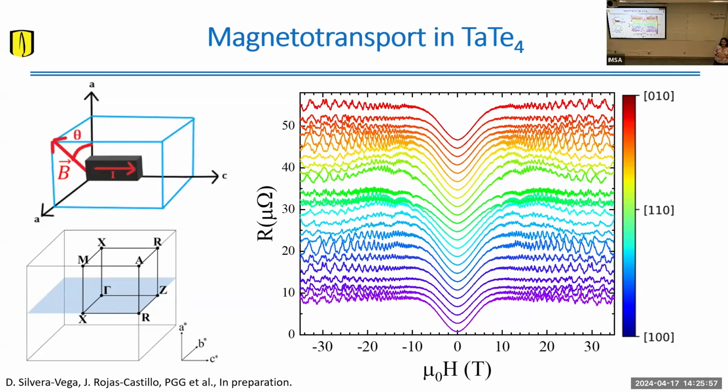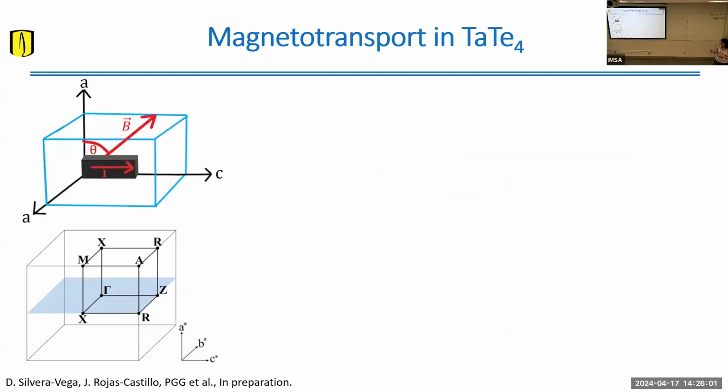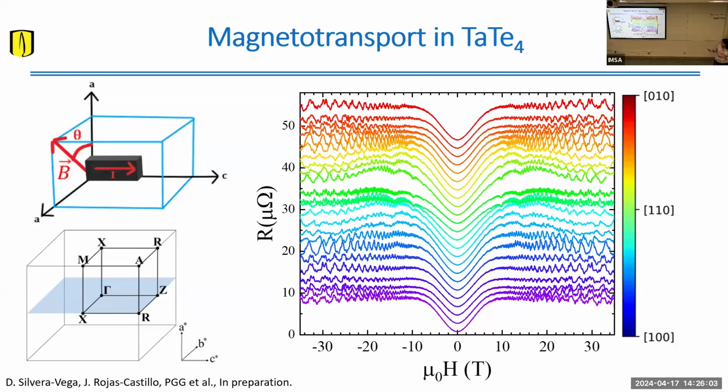So this is assembling a puzzle, completely assembling a puzzle, which I try to do my best. So in order to have all the pieces for this puzzle, you need to rotate. If you only rotate a magnetic field across one plane, you will have limited information. You will need another plane, or another set of planes, in order to reconstruct all the different cross-sectional areas and map out the three-dimensional Fermi surface.